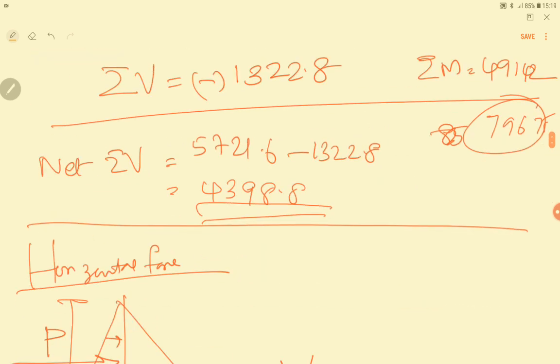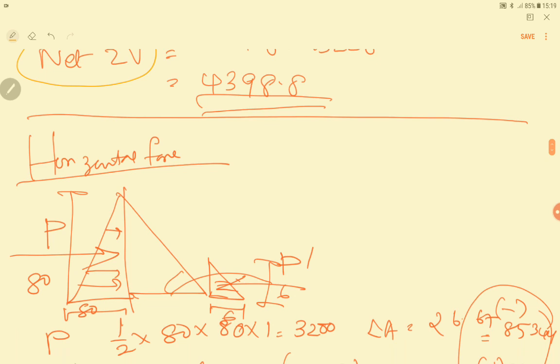And then this completes the vertical forces that act here. So you have the weight acting downward as well as the uplift pressure acting upward, giving us the net vertical forces. Okay, but the moment contributors don't end here. You have another force, that is the horizontal forces that act here.